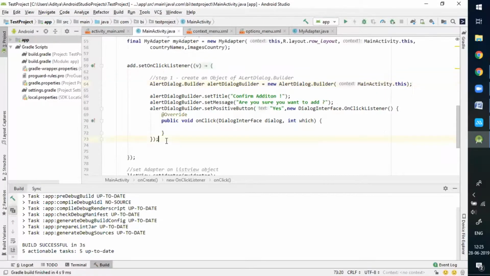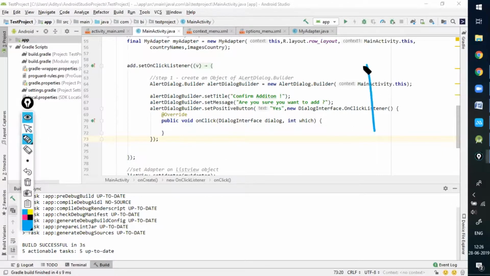So what I did, I'll just show you this again. I created an alert dialog builder and an object of it. Then I set the title using the set title function, then set message. And after that, I want to create two buttons on it, a positive button and a negative button. So I'm writing set positive button and passing the dialog interface to it. So it's an on click listener. For example, this is similar to the button click listener which you were having. I'll just show you.